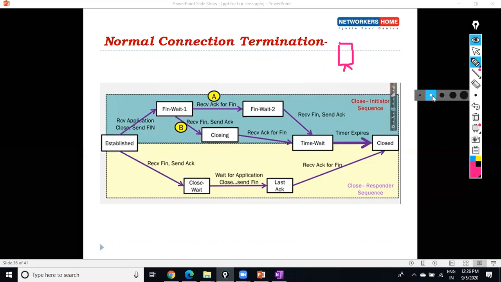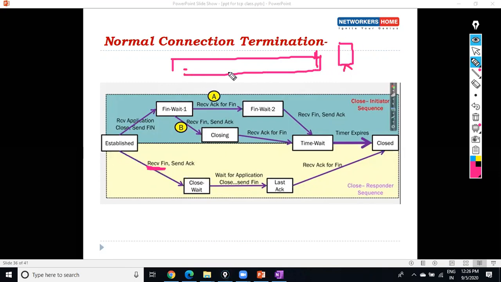On the receiver side, if I'm receiving the FIN packet first, I'm not sending any FIN packet. I'm getting a request to close the session. I'm getting the request first actually. So when I'm getting a request as a FIN, at that time, I have to send what? Acknowledgement. So that state is known as